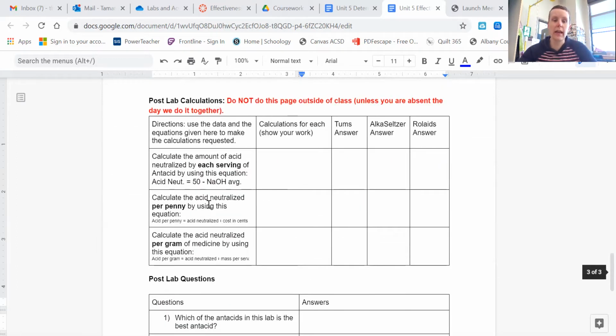Now, this is what the next table looks like, and we have to do calculations, and you do need to show your work. It is really simple to type a subtraction problem or a division problem into a computer. So type it, and then there's 3 different columns for your answers so that we don't get them all mixed up. So 1 answer for Tums, 1 answer for Alka-Seltzer, 1 answer for Rolaids, but you'll show all 3 calculations in this column. Now I'm going to stop this share, and I'm going to show you guys some examples